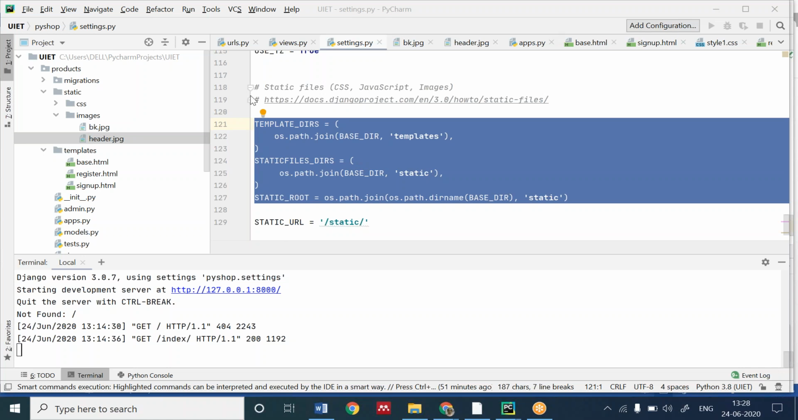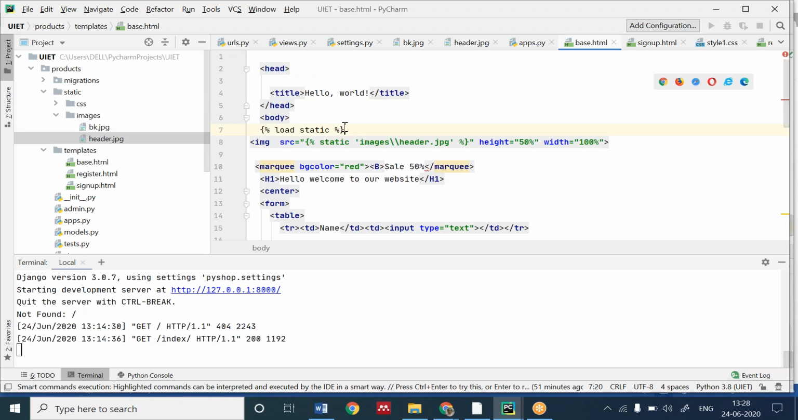Okay, we copy this code. Then the third step was to load the static. To load the static, we have load static. Okay, load static is there. We use these tags when we want to implement the codes within the HTML. If you want to implement the code within the HTML,